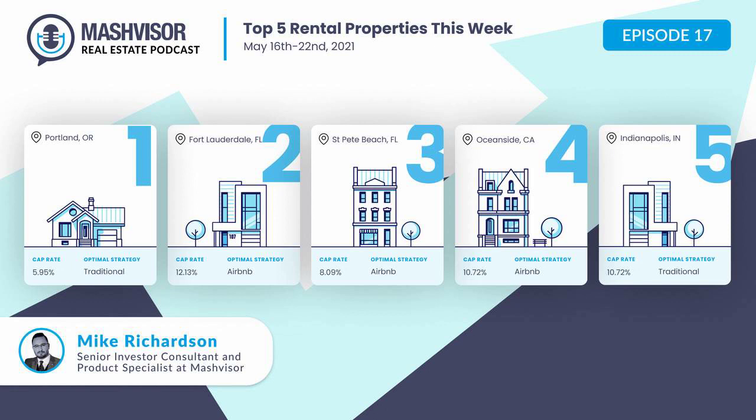Next on our list is in St. Petersburg Beach, Florida. St. Pete Beach in Florida has been ranked as the number one beach in all of America. This is enough to convince just about anyone how great of a location this is for short-term rental properties. St. Pete Beach is the perfect combination of weather, beaches, water, activities, and everything else that people are looking for